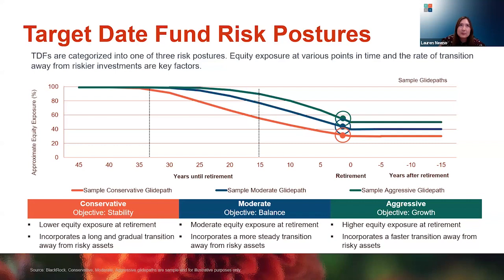But with a custom target date fund through FlexPath, the plan would be able to offer multiple glide paths, the conservative, moderate, and aggressive, to hopefully satisfy the needs and desires to take risk of all your plan participants, or most. You would simply select one of the glide paths for the QDIA default, but you would still be able to offer the other risk levels for participants that do maybe fall out of that average plan participants' needs that you ran the